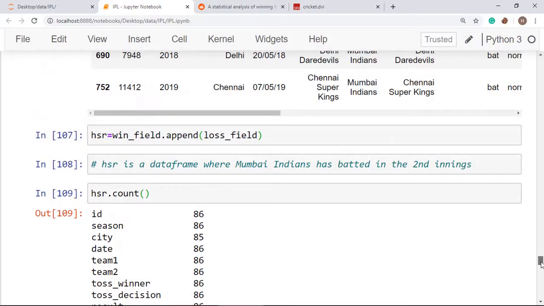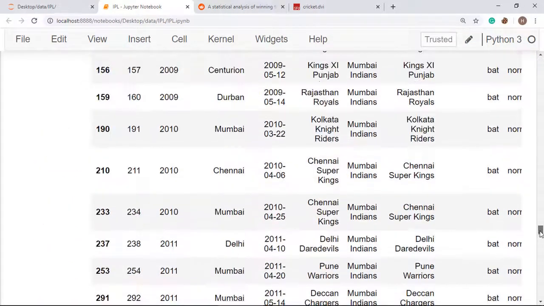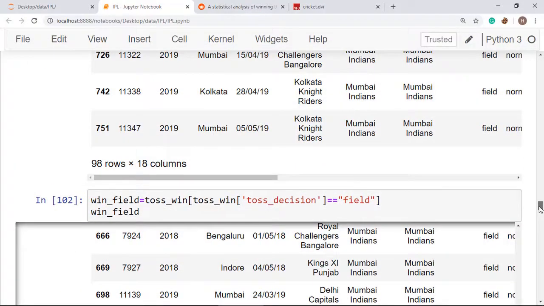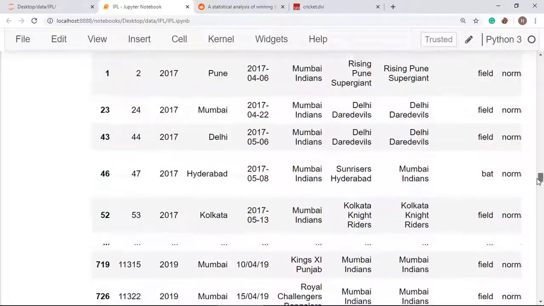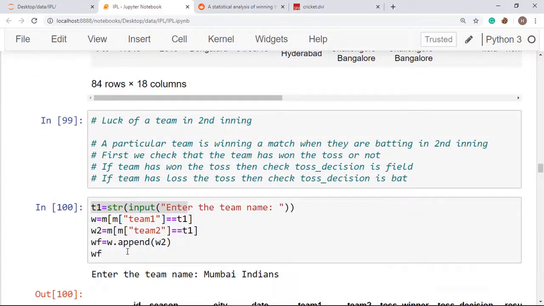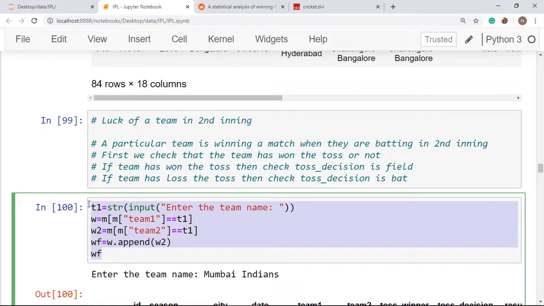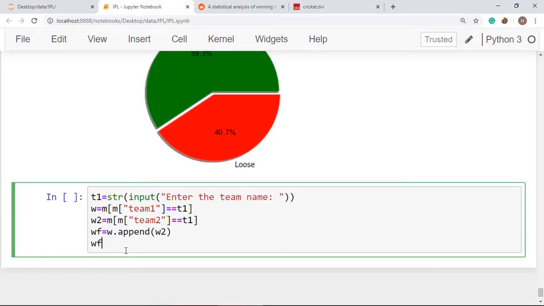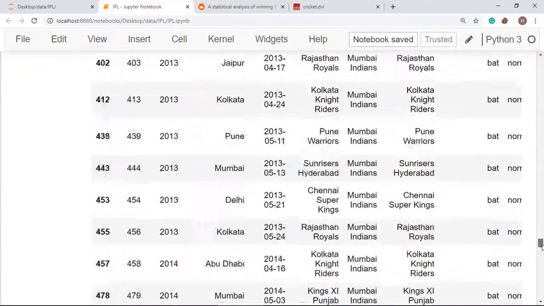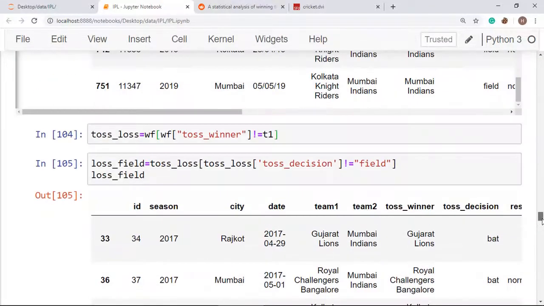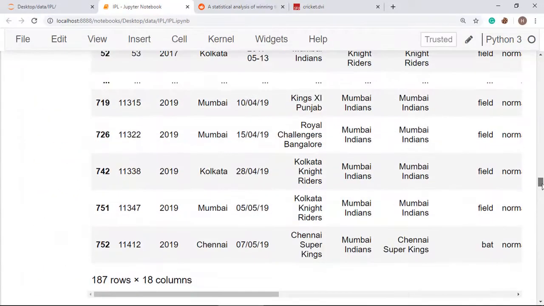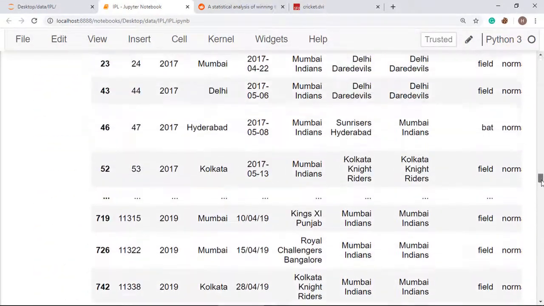Okay, so I'm just putting all these things at a single place so that you can arrange this whole thing in a good manner. So what you have to do, I'm just collecting all the details and putting it at a single place. Okay, so just copying and placing so that you can create a function where you just need to pass a team name and you will be getting the details there, how many times that particular team has performed well. Okay, so we have collected this thing.